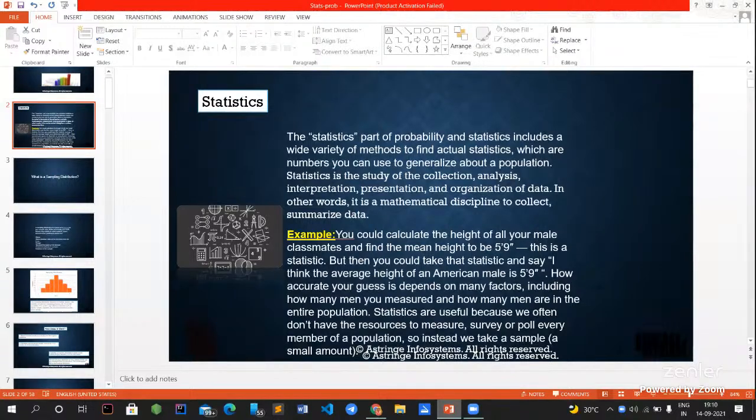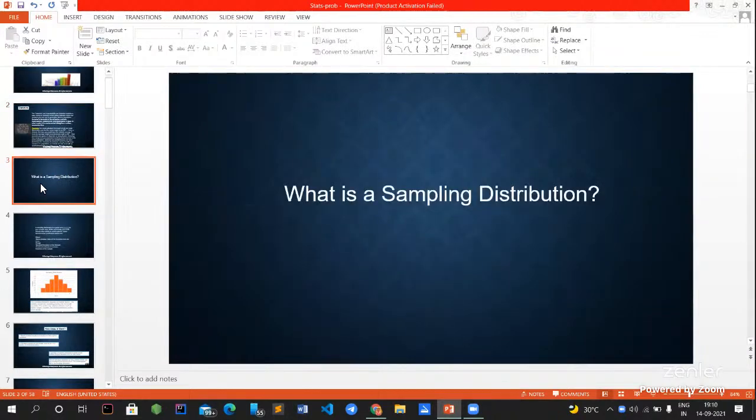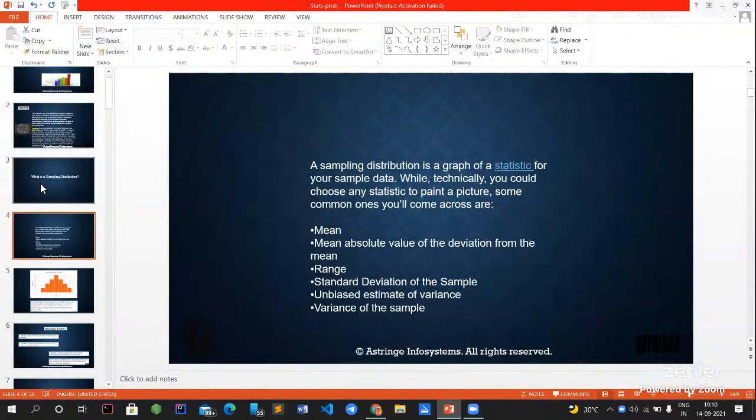Regarding the problem, what is the implementation and what are the applications of statistics, these we are going to learn about. So moving forward to the sampling distribution. Again, I'm repeating the sampling distribution because it is very important. If it is not given the proper executions and equations, it will not execute.